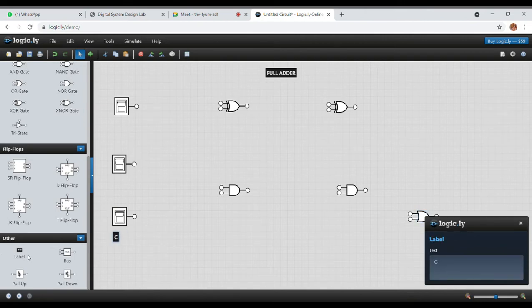Then we'll take 2 AND gates. Then we'll take an OR gate.